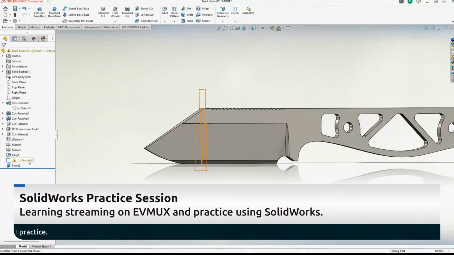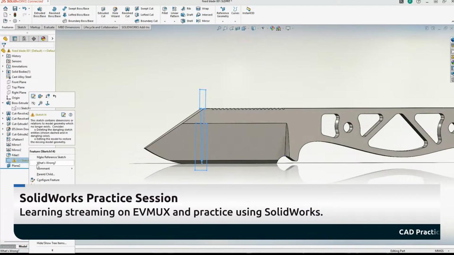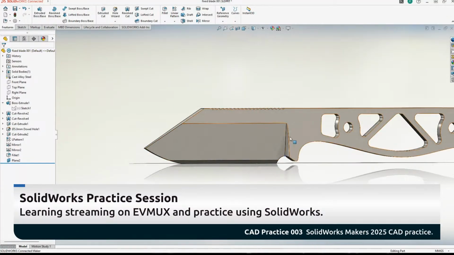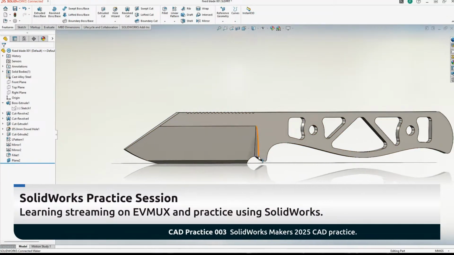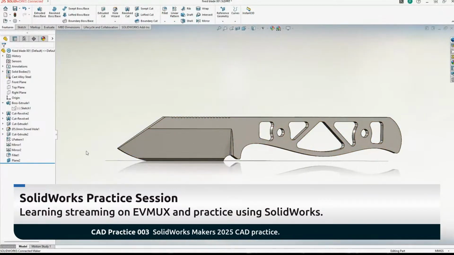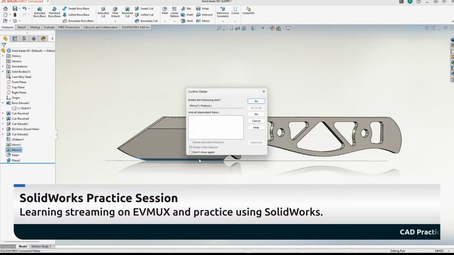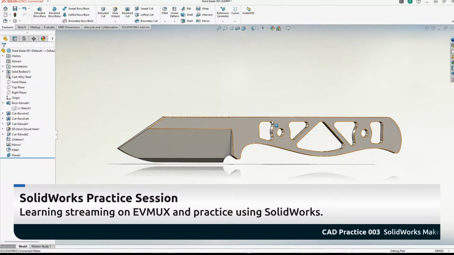I'm doing it this way just because we're all learning here at the same time. Now that I know the right way to do it, ideally I would just start over because this isn't really a real part anyway. But I'm going to get rid of most of this till I get just a flat extrusion,